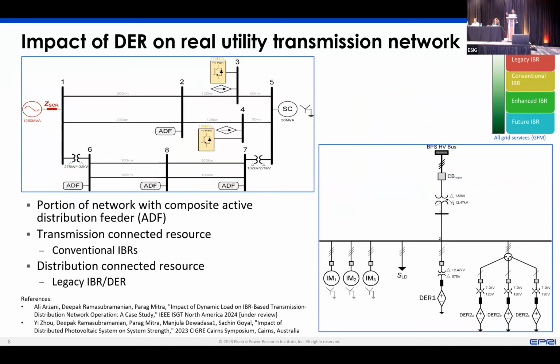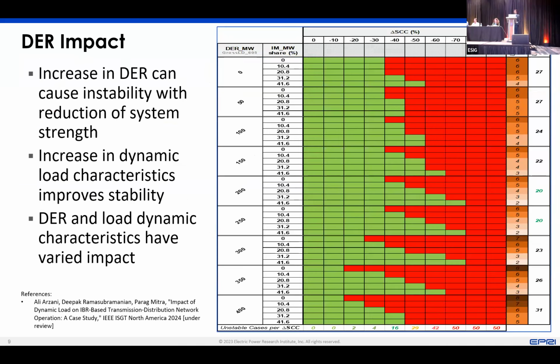We represented only a portion of the realistic network. And here again, we looked at different kinds of fractions of dynamic characteristics of load and DER. And we found out how different percentages of load versus DER can actually impact the stability of the DER itself, which means that irrespective of what happens on the transmission network, DER on the distribution network in a grid